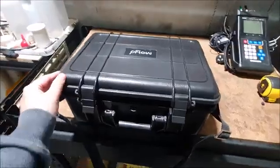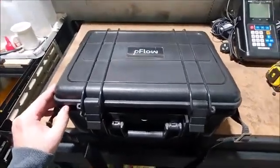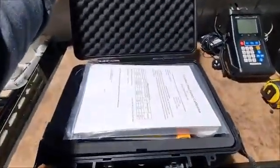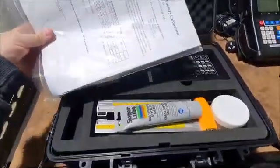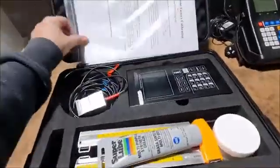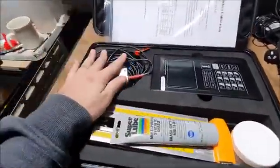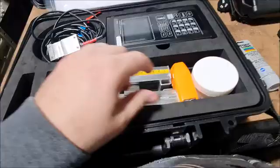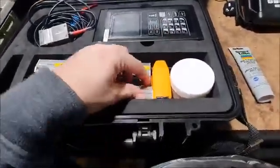Okay, today we're going to have a look at the P-Flow P118i ultrasonic flow meter. So you'll see it comes in the hard case. We'll run through the inclusions. You'll get a copy of a manual, calibration cert, the meter itself, transducers and cables. We'd usually chuck in an extra tube of couplant, your transducer frames, a